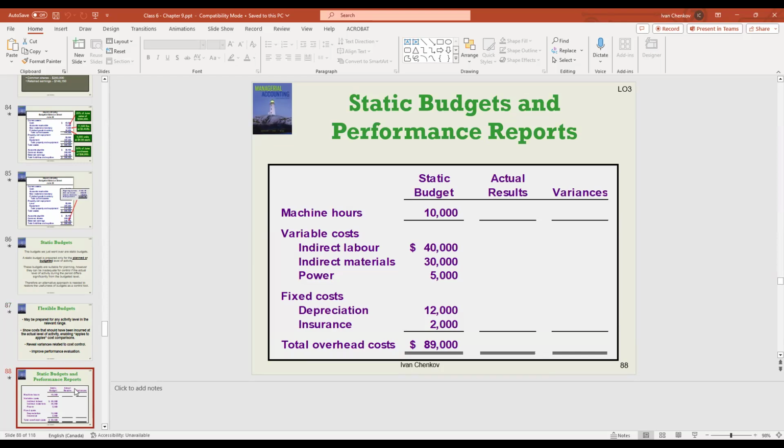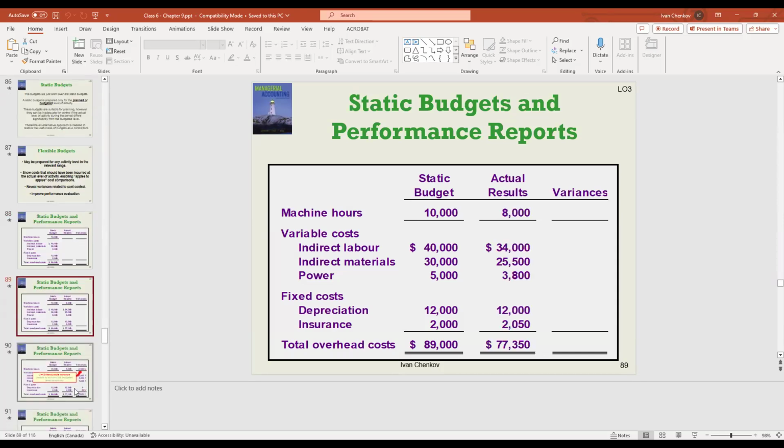Let's pretend that this company prepared the static budget for 10,000 machine hours. At those 10,000 machine hours, they're expecting indirect labor, indirect material, and power costs: 40,000 for the indirect labor, 30,000 for indirect material, and 5,000 for the power. For the fixed cost, they're expecting depreciation of 12,000 and insurance of 2,000. The company worked,